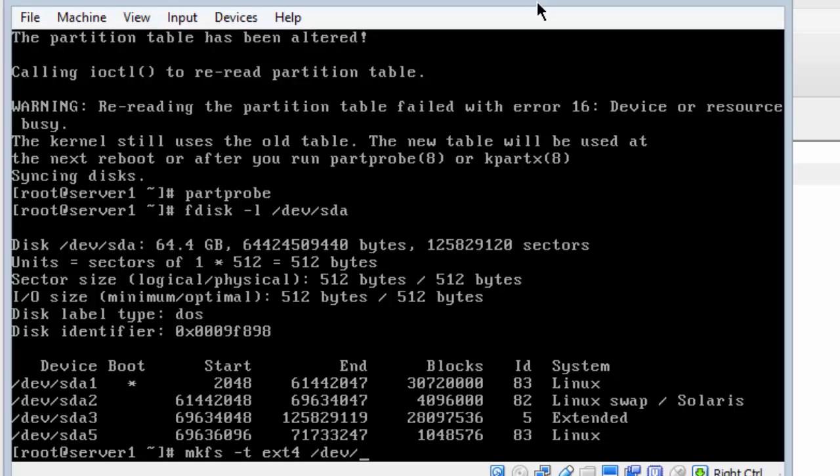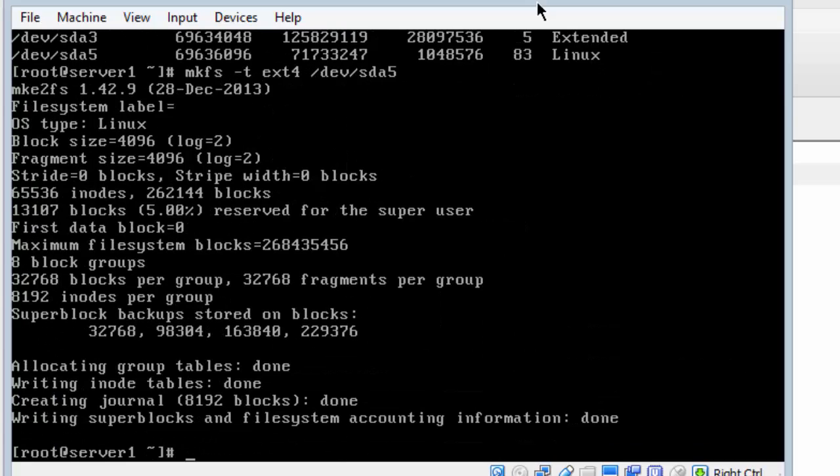Specify the /dev/sda5. We do not format the extended partition. You only format the logical drives that are inside the extended partition. Extended, again, is just a placeholder so that you can break up that space via software and then format the logical drives inside of it. Once formatting is done,